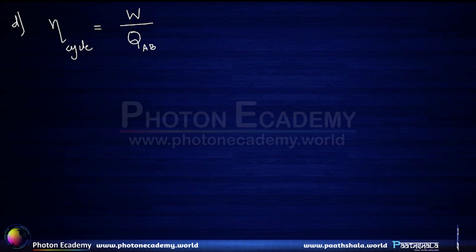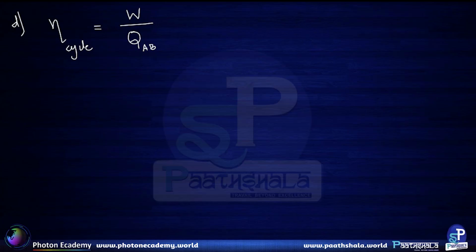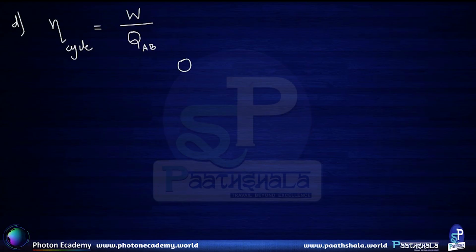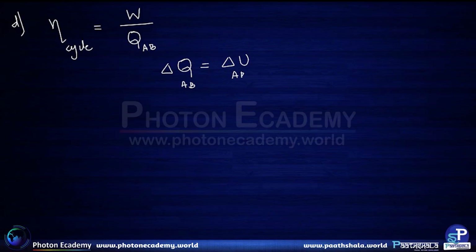We have already seen the work done in the whole cycle as the expression which we have derived before, and delta QAB will be equal to delta U of AB plus 0, which is the work done in going from A to B. So delta U of AB is equal to